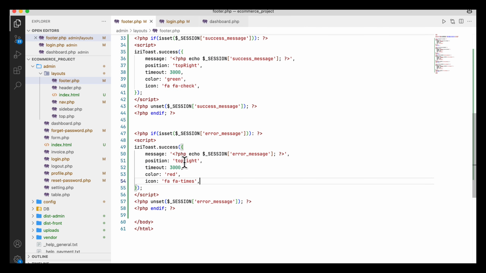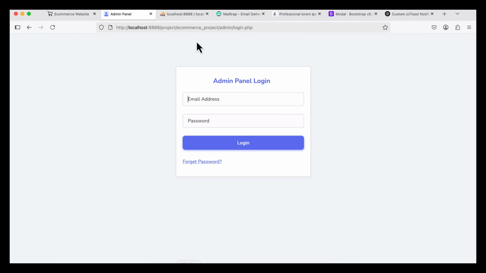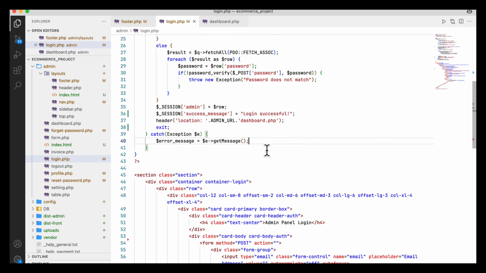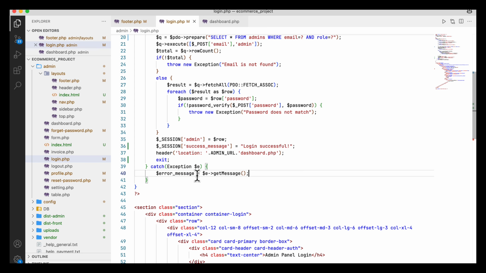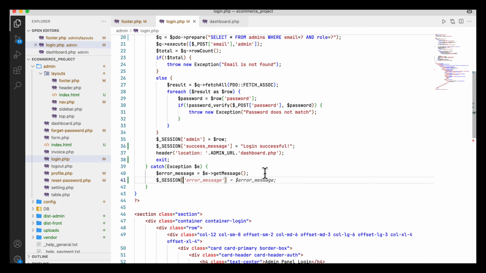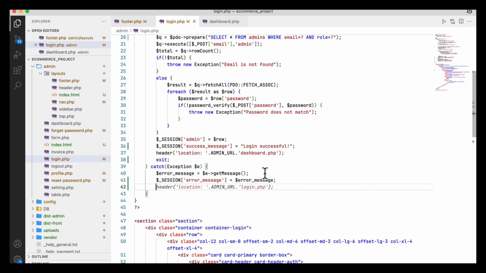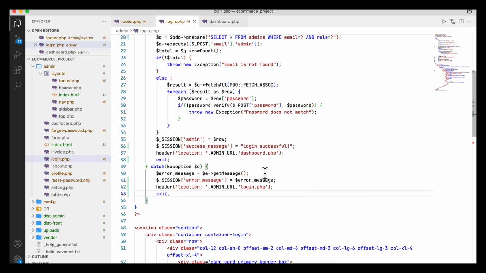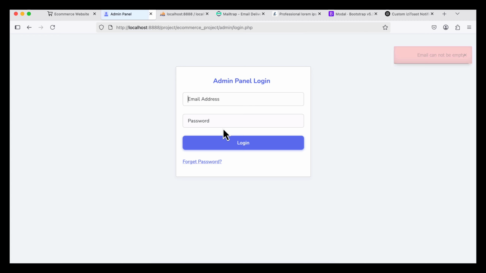If I now want to show what will happen, I refresh, but here I will have to apply something. If there is any error, I will take the error message into a session variable, error message equal to this. Then I will redirect the user to the same login page and exit. Now you see, if there is any error, like the login email being empty, and you refresh